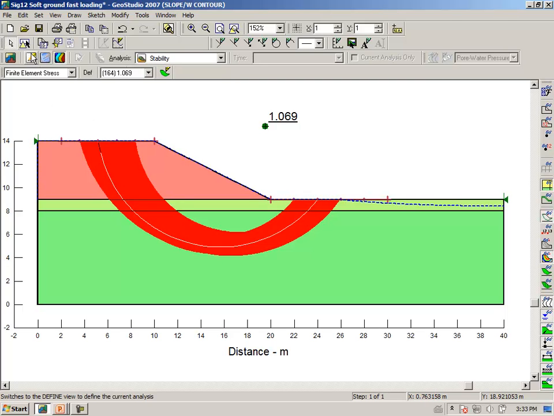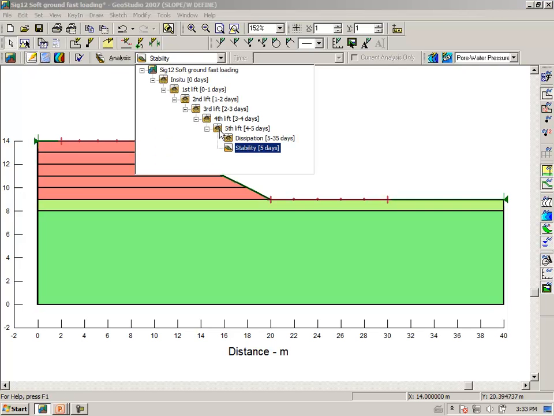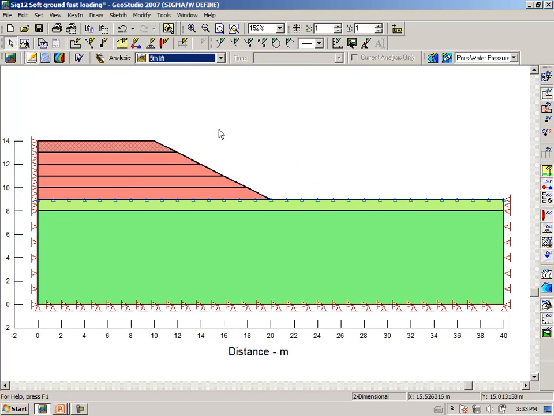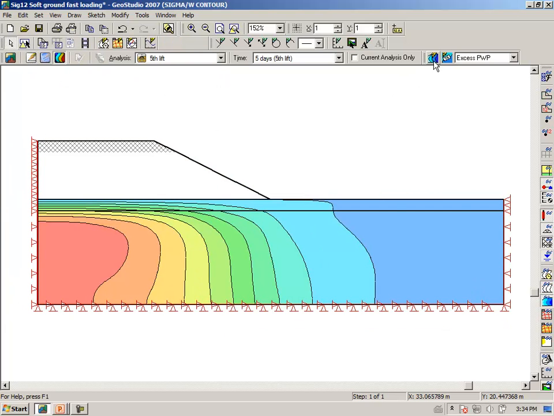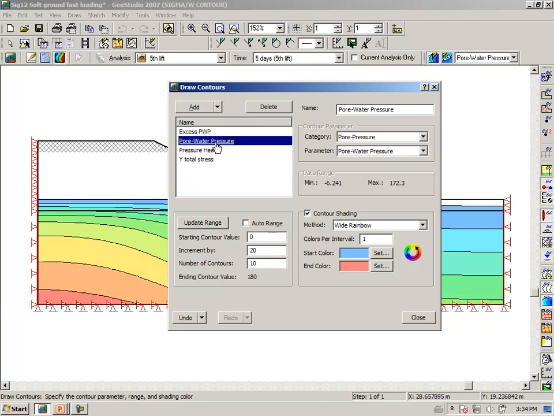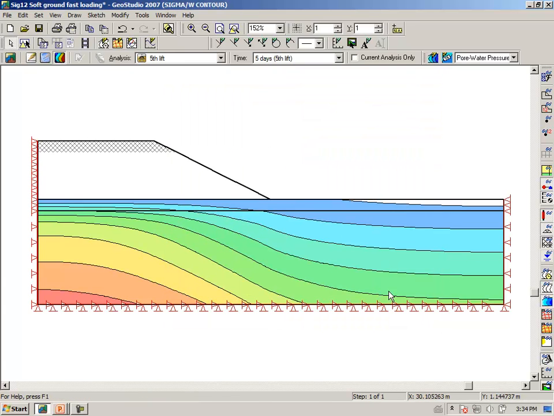Let us go back to the define view and select the fifth lift to look at, and go to the results view, and let us plot the pore water pressure starting at a pore water pressure of 0, incrementing by 20 and 10 and 10 contours. If we go back now